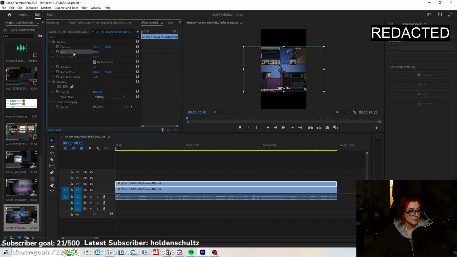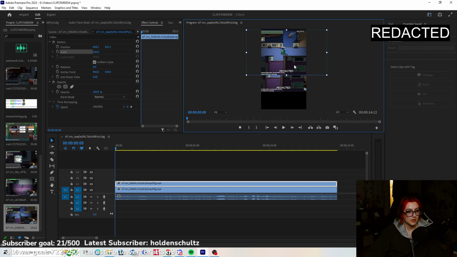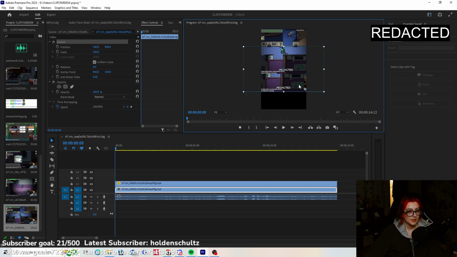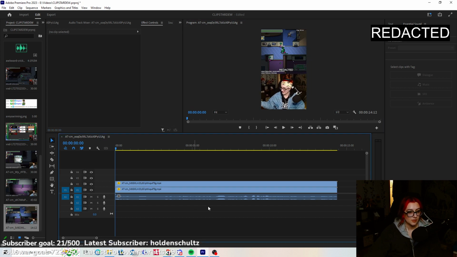This is the one on top. Have it selected, hit the scale button, you'll get a bounding box. You can drag her over to here. So this will be on the top. And then you can do the same thing down here. This one is going to be my face. Boom. That is the first thing I do every time because now it'll be cohesive through all of this, whether I zoom in on just the video or just my face. Whenever it goes back, it'll always be set up in this exact ratio.